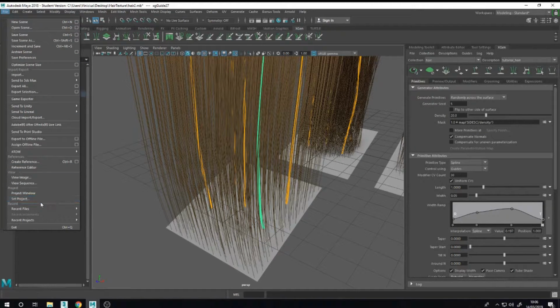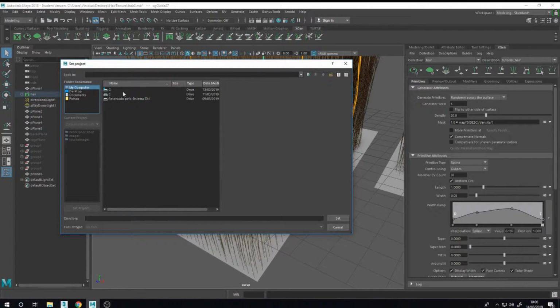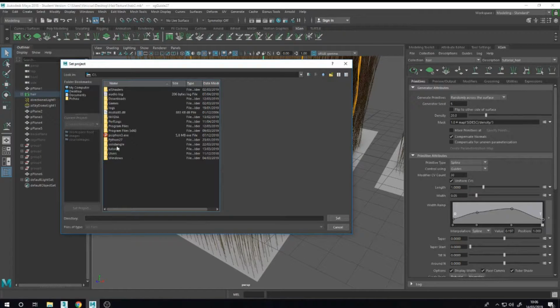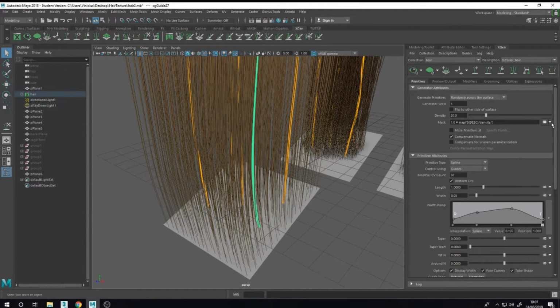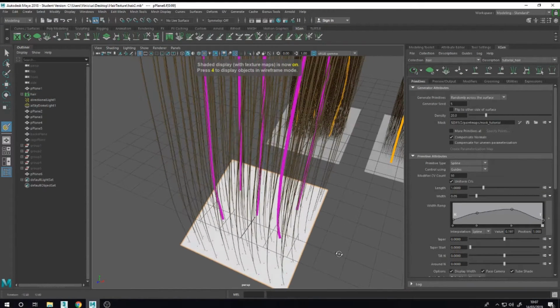Let me set the project first. And create a new map. Increase the resolution a little, create.